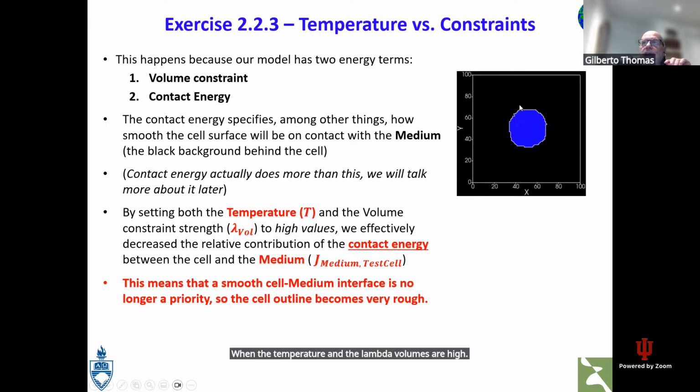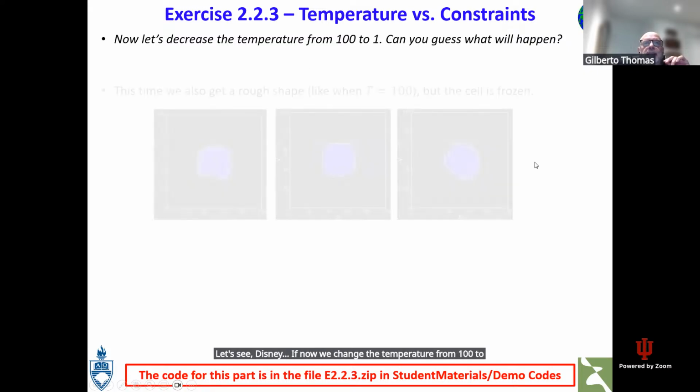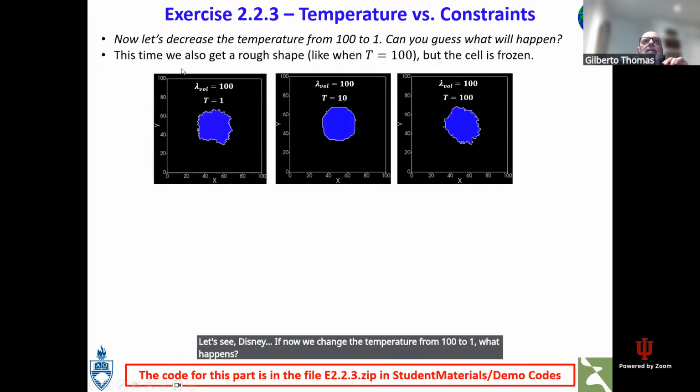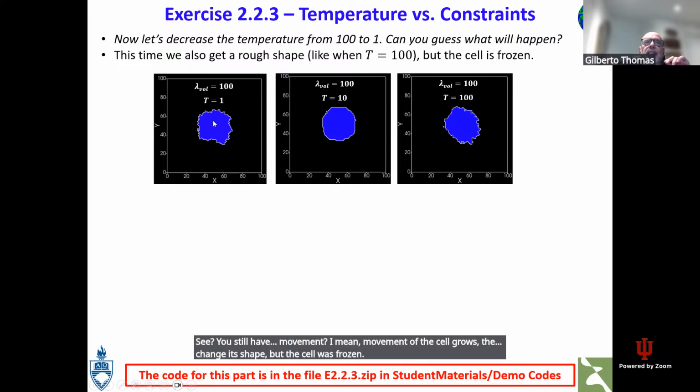So keeping a smooth boundary is not a priority for the simulation. The priority is to keep the size big. Let's see, if now we change the temperature from 100 to 1, what happens? You still have movement. I mean, the cell grows and changes its shape, but the cell was frozen when T equals 1,